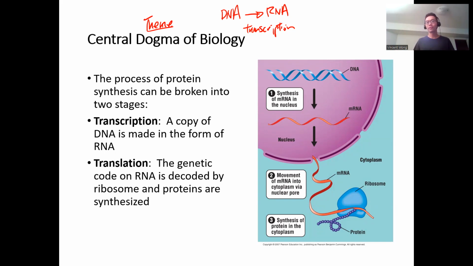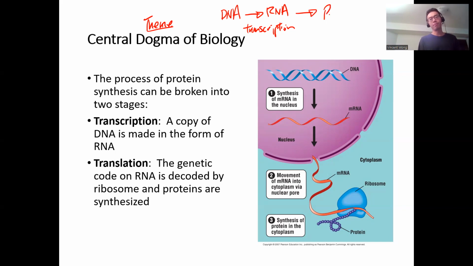So what do you do? You photocopy it, right? Are you going to photocopy the whole book, all 800 pages? No, because your test is not on all 800 pages. So you only photocopy the pages that you need, and then you take it out of the library. Same situation here. You don't need to copy the entire 46 chromosomes because you don't need all the proteins at this very moment. So you only copy the section that you need, in the form of RNA. The RNA is going to exit into the cytoplasm through the nuclear pores, and in the cytoplasm, the RNA is going to get